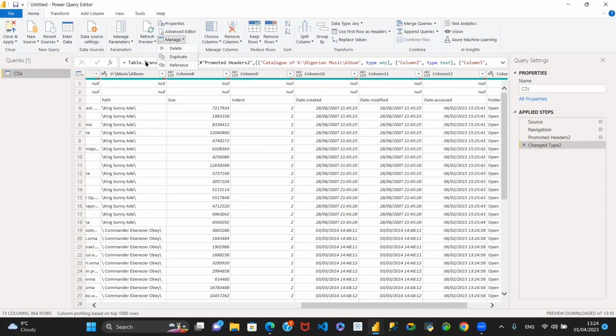I don't want to delete. Let's say I want to duplicate. Let's look at the difference between duplicate and reference. So this CD,